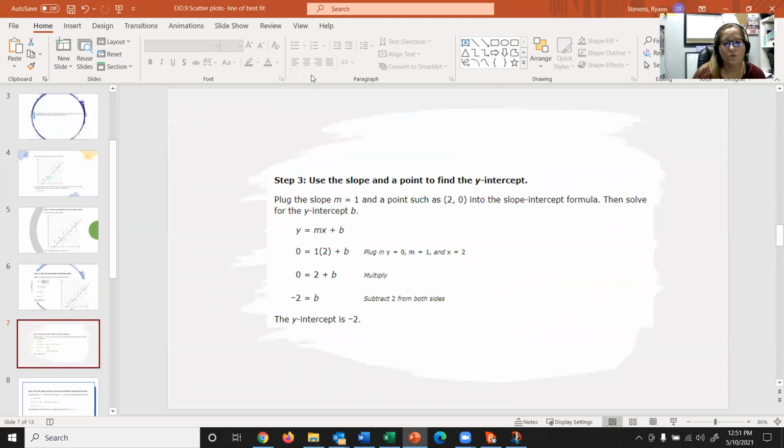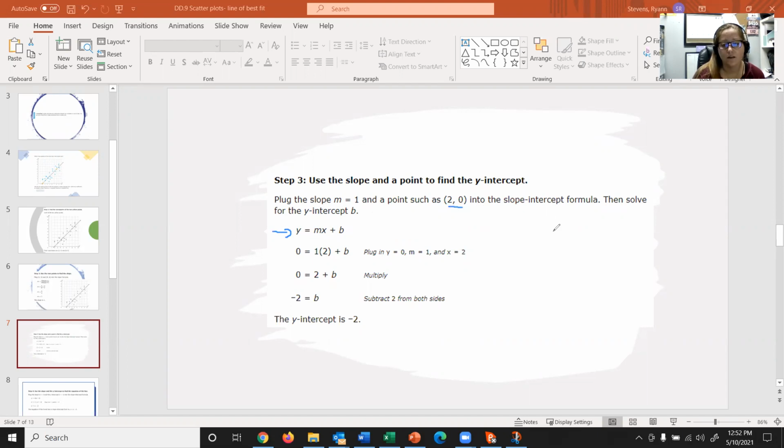So we can use the slope of this line to plug in to find out what the y-intercept is. So this says plug the slope m equals 1 and a point such as (2, 0) into the slope-intercept formula. Then solve for the y-intercept, or for b. So here we have our slope-intercept formula. And we know that the slope is 1, and we're going to use this ordered pair here